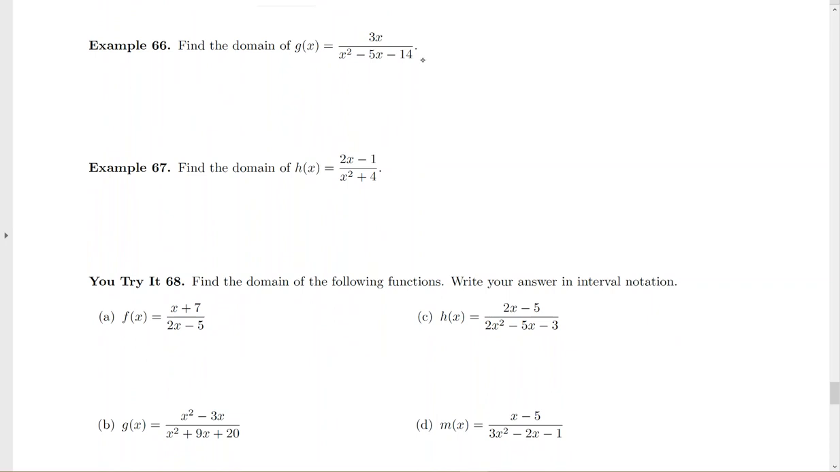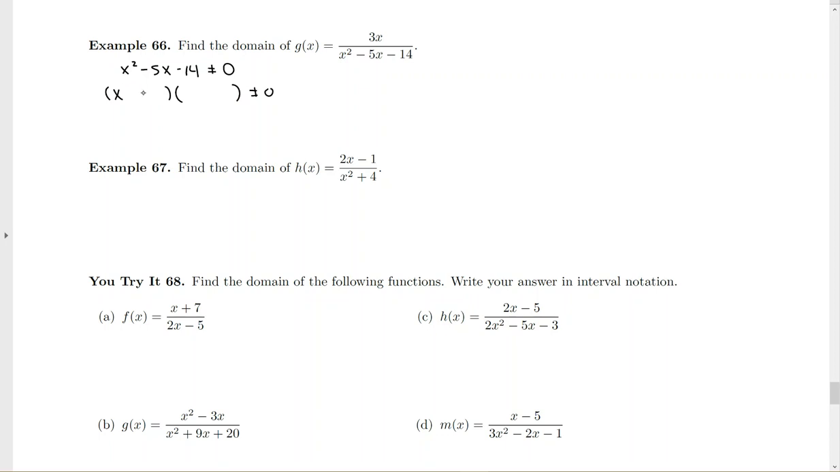For the next one, state the domain. And again, domain, we worry about the denominator only, not the numerator here. So we set the denominator not equal to 0. And because this is a quadratic, we're going to have to factor it. So I'm going to write down 2 sets of parentheses,